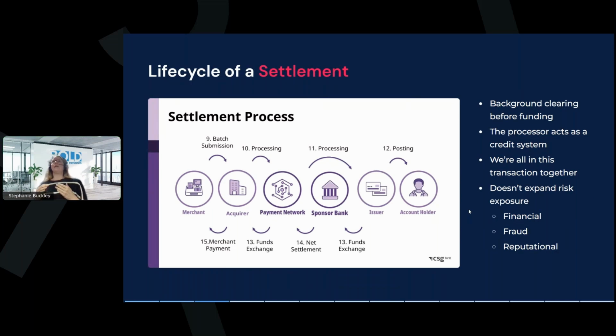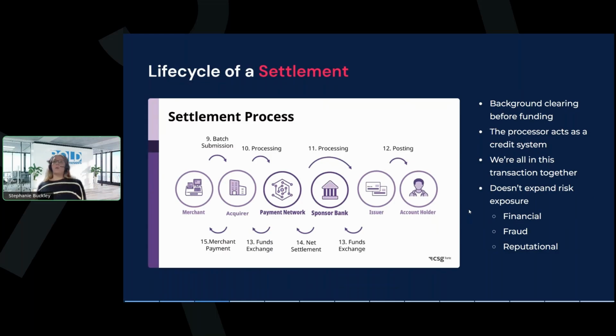So in the process of the cardholder's bank transferring money to the acquiring bank and paying out the merchant, that part takes a lot longer than the normal next day funding time frame that the merchant is then expecting. So what happens is, because there is an agreement amongst all of the levels involved in the transaction, the processor fronts that money to the merchant before they even get paid.